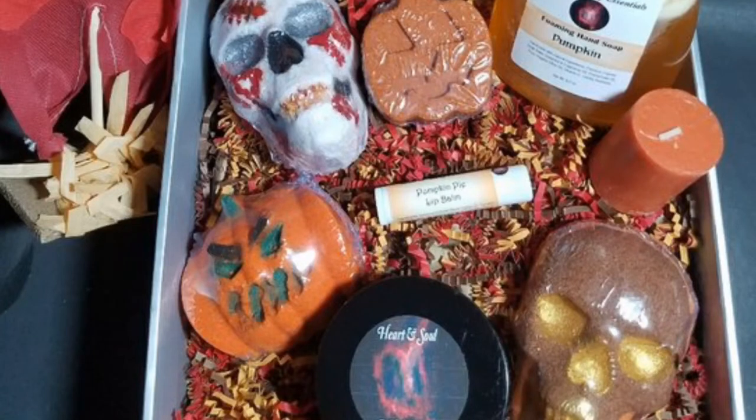Then we have one more box, called the Halloween Spooky box, and I got this box. It's an amazing box too, a spooky spa subscription box. You get the skull bath bombs, and I gave one to my granddaughter and she loves it. You get a jack-o'-lantern sweet orange pumpkin spice sugar scrub, pumpkin foaming hand soap, pumpkin lip balm, pumpkin scented items. You just get everything that you can think of that would have to do with Halloween that could be used in the bathtub, from bath bombs to body scrub, all geared towards Halloween. An amazing box, absolutely amazing. So if you love Halloween and it is mid-April and you want Halloween in your life, order the Halloween box